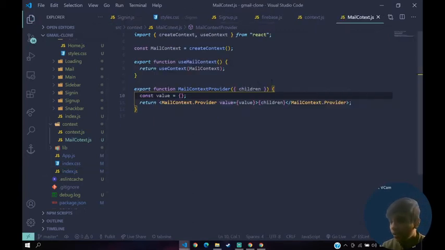So now to get that data, let's create some new states in which we are going to store all our mails.